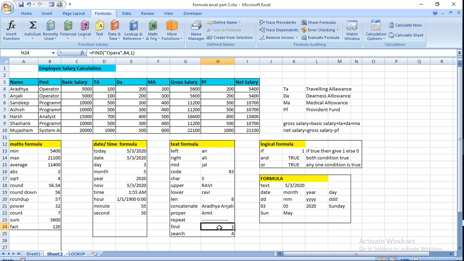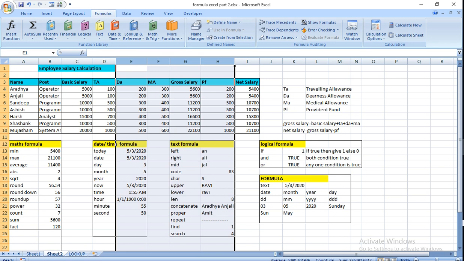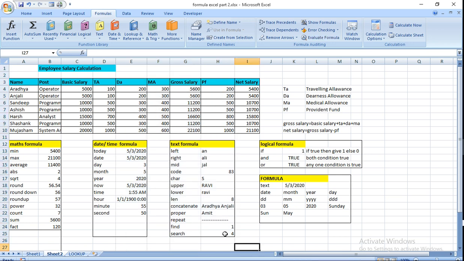Then FIND. If there is any word you want to find in the table, you write that word and the position B4, comma 1. Then you find that in a text. Then SEARCH.